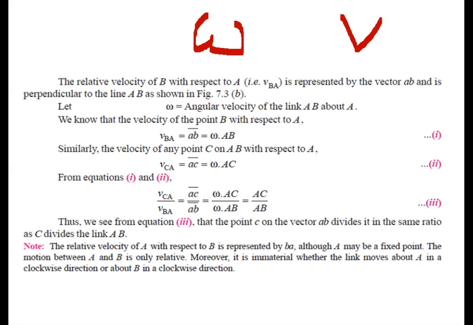Always remember this. So what is the unit for omega? It is in radians per second. That is the angular velocity. Omega is the angular velocity, so that's why it is radians per second. It is the angular rotation. Then what is the velocity component V? It is linear velocity, in meters per second. Don't get confused between omega and V. Omega is in radians per second, V is in meters per second. This is the linear velocity.